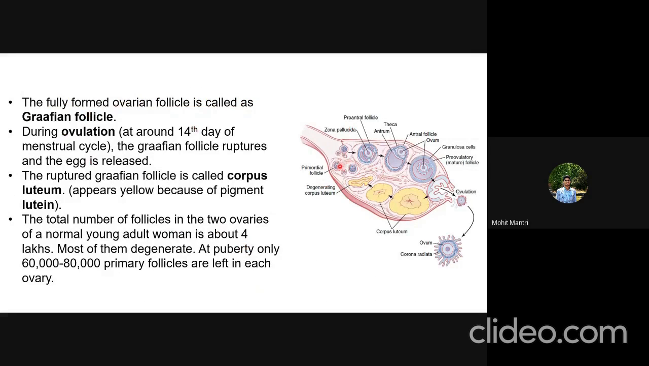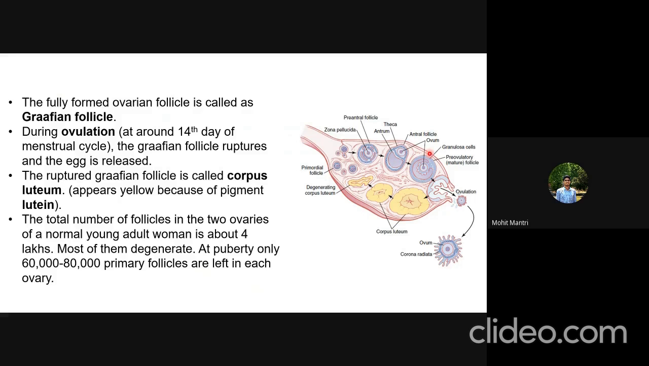So here we can see the primordial follicle, which is surrounded by a single layer of follicular cells. These later on form the membrana granulosa layer, which is several layers, and then a cavity known as the antrum is formed, and this becomes fluid filled. So this is the tertiary follicle, and later on only one of the follicles will fully mature and become the Graafian